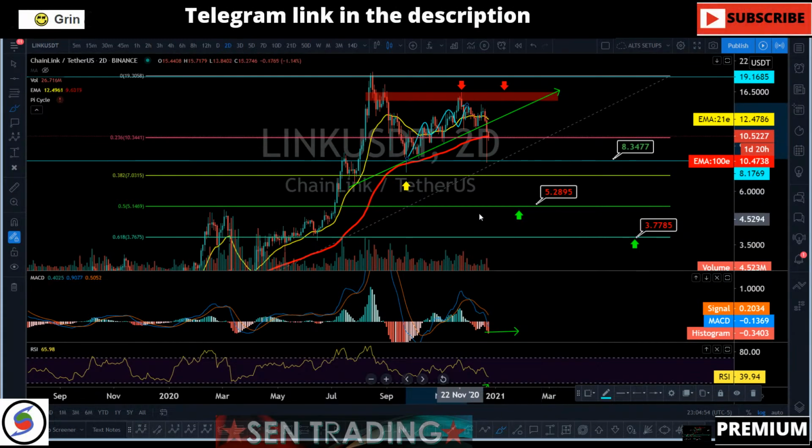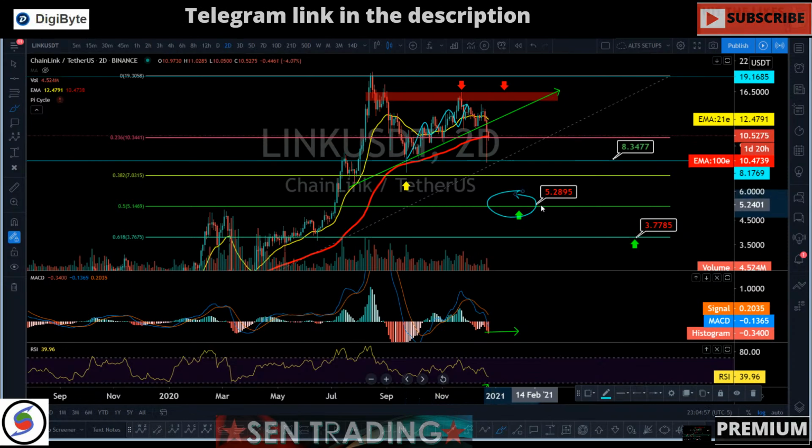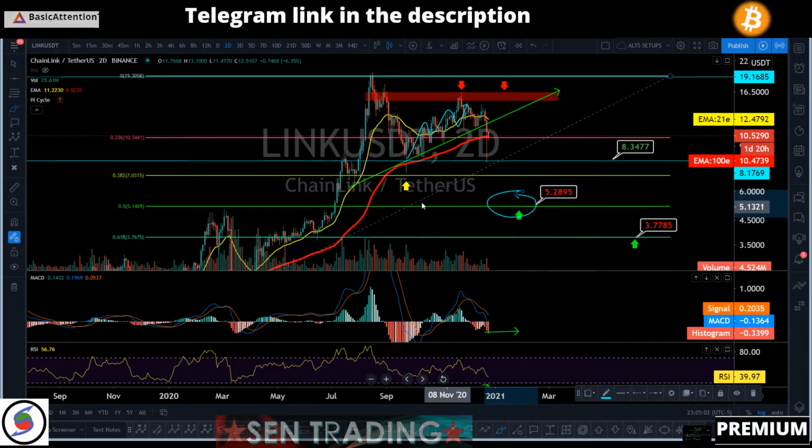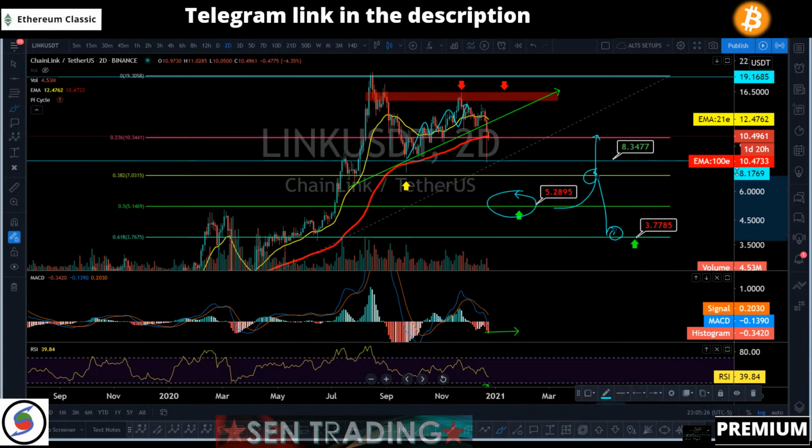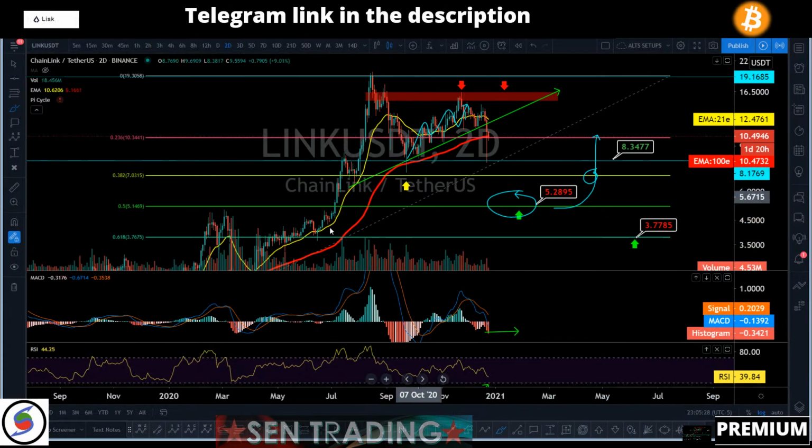So macro-wise, we could be going all the way down to the 50% pullback, which is 5.2. That's going to be the next area of heavy buying pressure, right? And it is most likely going to reverse back up, either back to 7.2 or even up to like $10. So LINK strong buy territory is going to be just about $5. If it dumped to $5 and got rejected at about $7 to $8, most likely we're gonna see a $350 LINK. All right, but don't count on it.